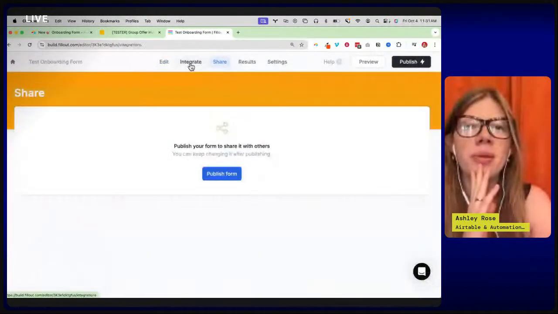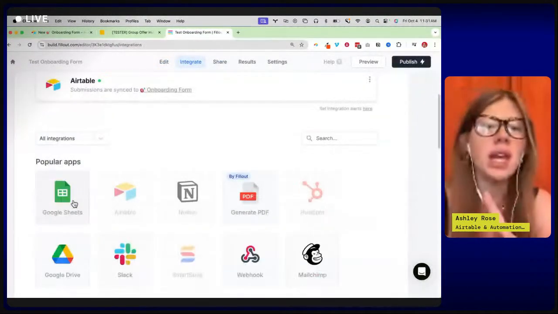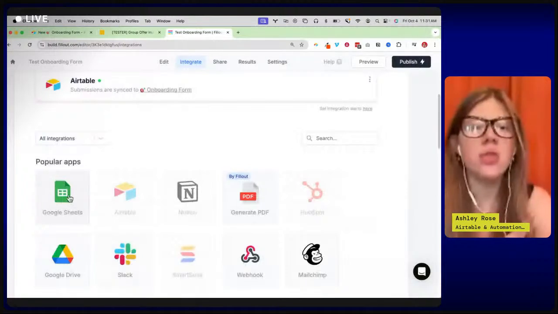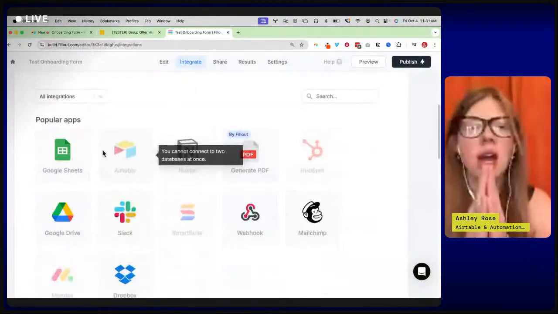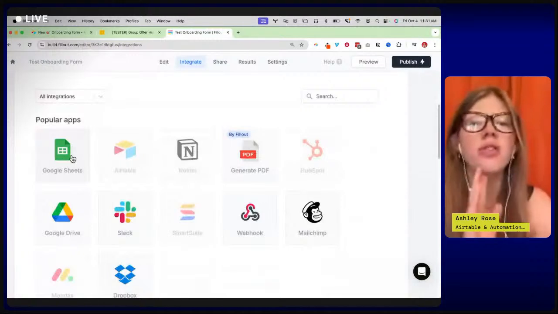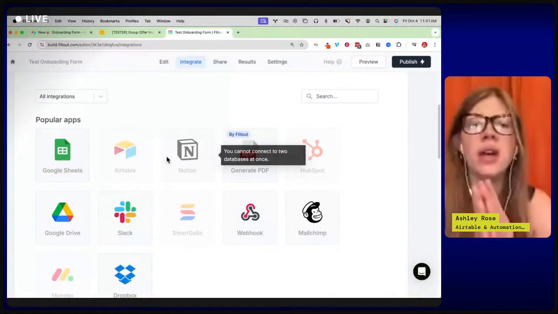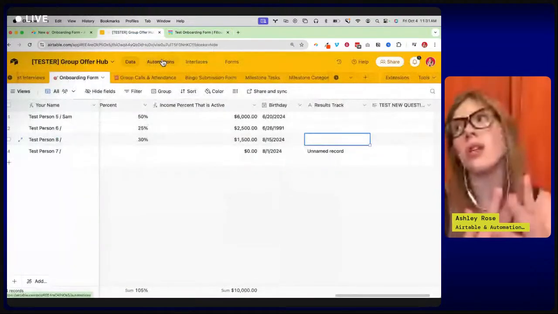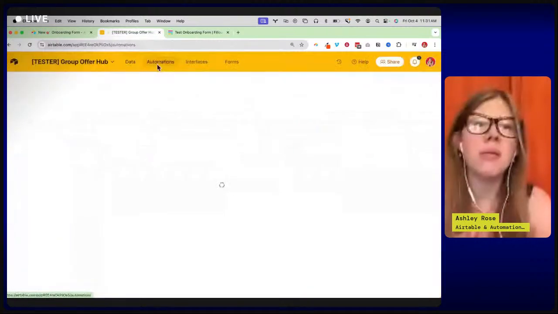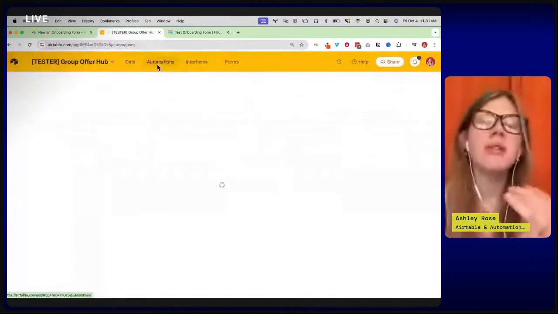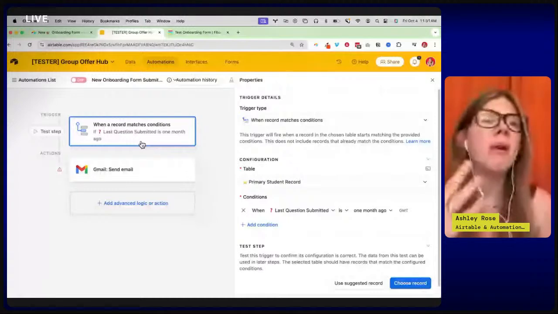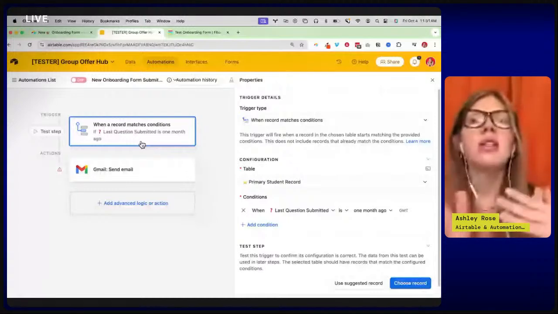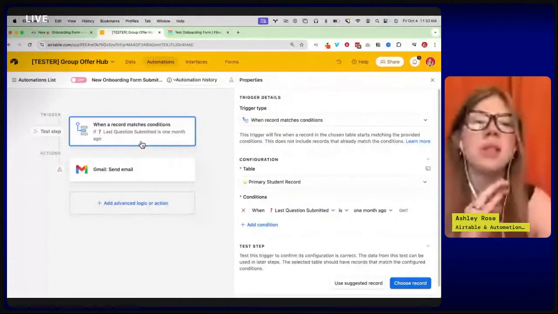Let me look at more integrations. Technically, you can sync this to Google Sheets. Please do not use Fillout and Google Sheets together. Do not use Fillout and Notion together, simply because of all of the reasons why, with what you can do with the Airtable data, the form data afterwards. So those automations of being able to send them emails when they've submitted the form, or emails based on certain conditions with their relationships with the forms.